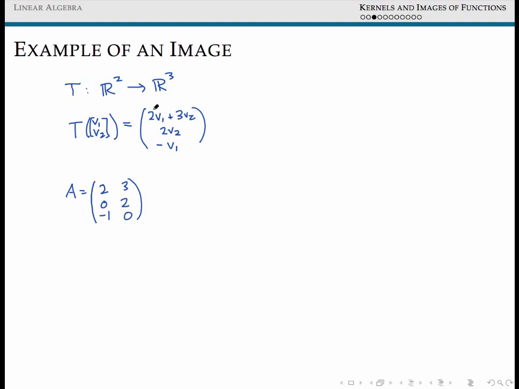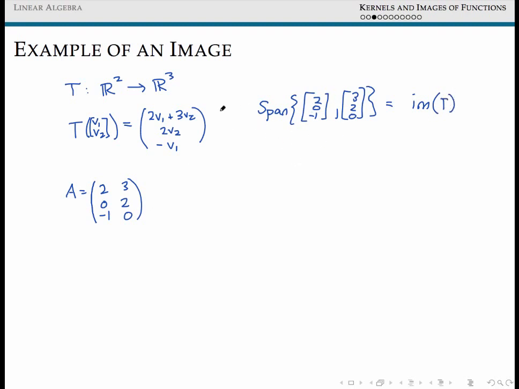Looking at the image of this, we see that it's going to be all vectors of the form given. So our set of vectors we can get as the span of the two vectors in this column space. So (2, 0, 1), (-1, 3, 2, 0). Given any element, we'll call this the span, is actually equal to the image